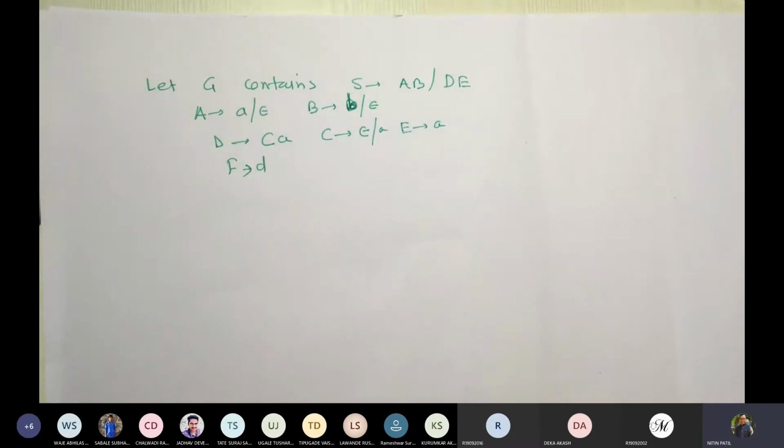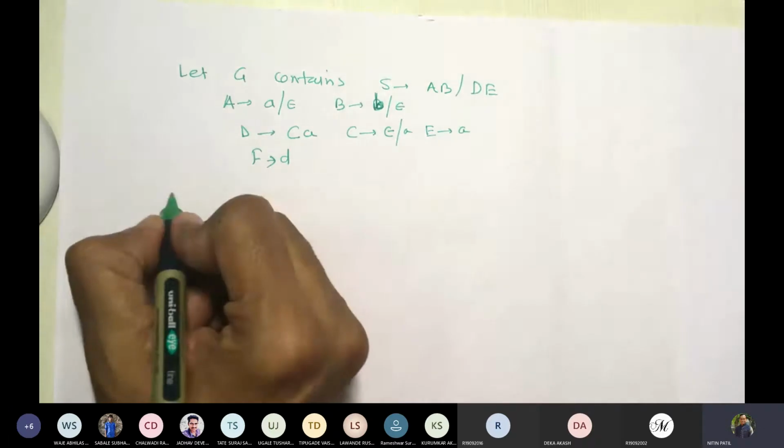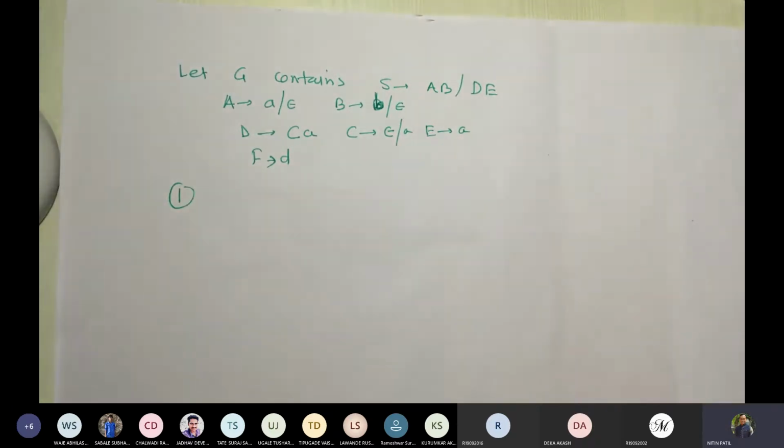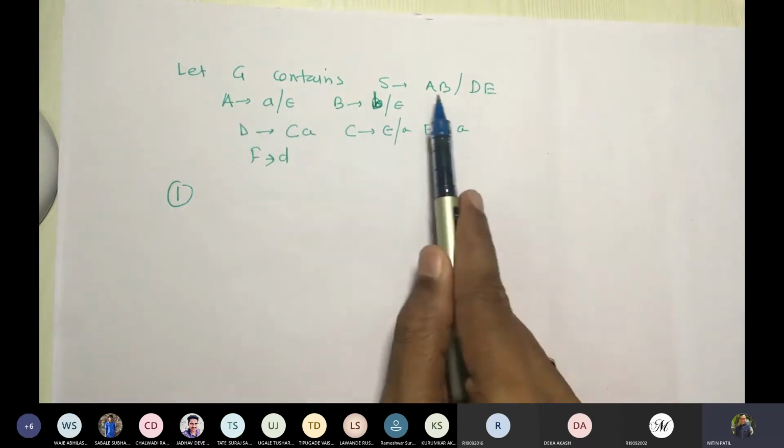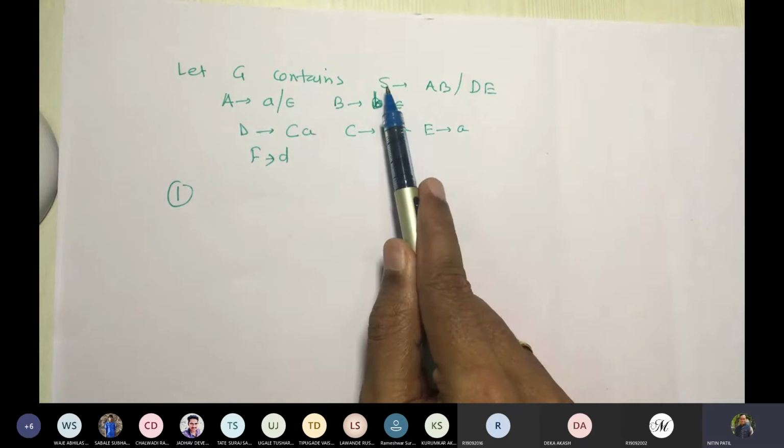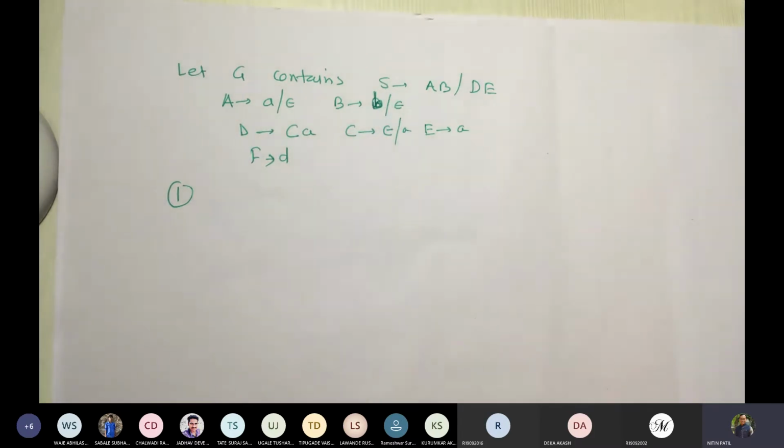Fine. So let us work this out. What is to be done first? See the image. What is to be done first? Remove null productions. Correct? So now if you carefully see, is S a nullable variable? See, S gives AB, A gives epsilon, B gives epsilon. So if I put epsilon, epsilon belongs to L(G). Correct? So we have to introduce 3.5 as well.